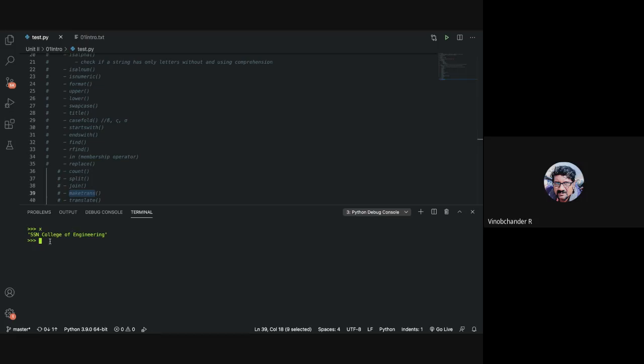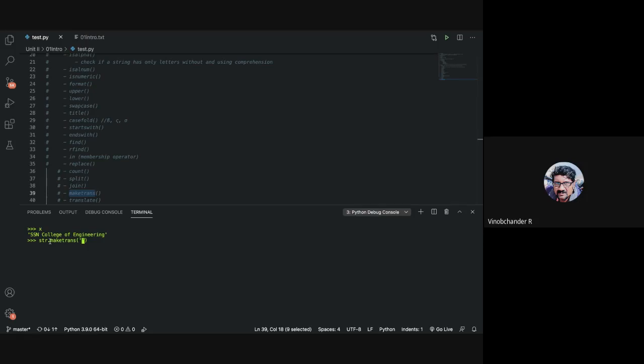So what does make trans do? You can operate on a string, or you can operate on the string class itself, str dot make trans, and specify the things that you want to translate and with what.